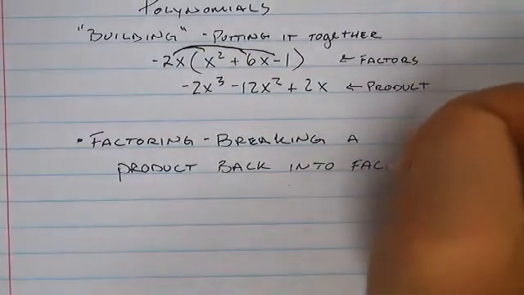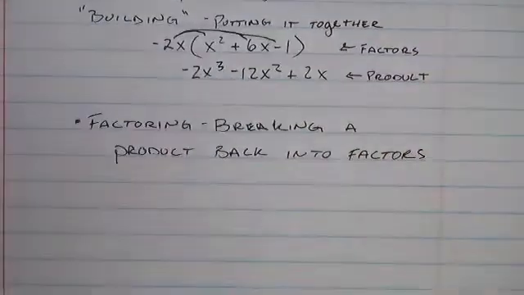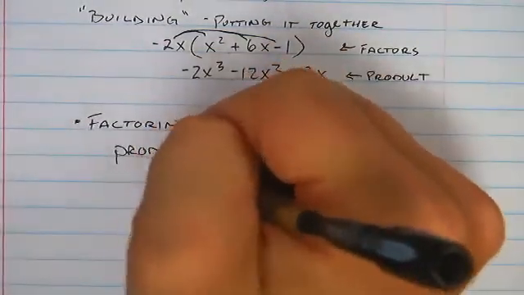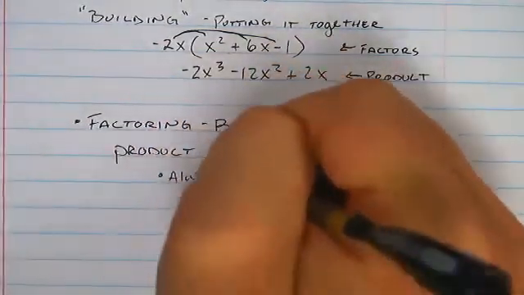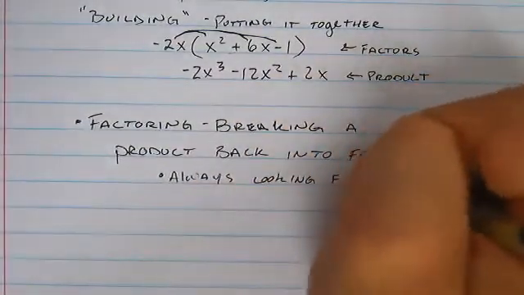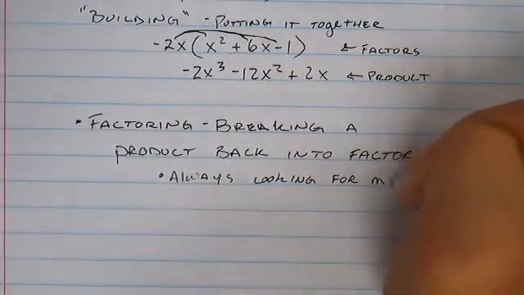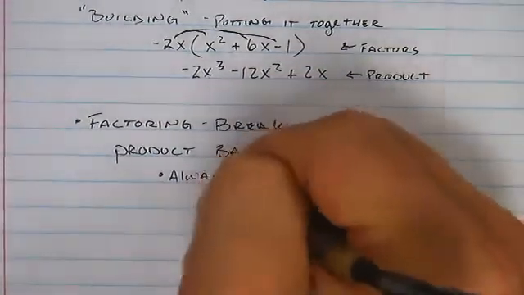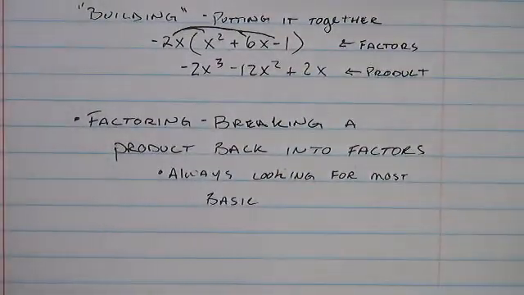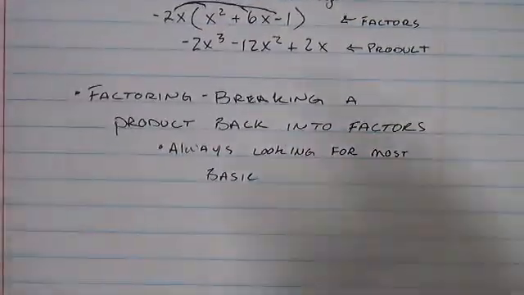Now, what we want is its most basic. So we're always looking for the most basic, because if we think about a number and factoring a number,